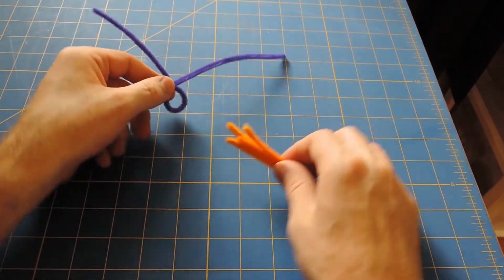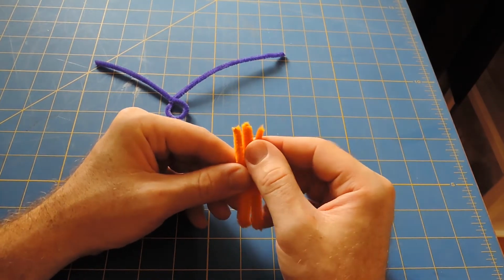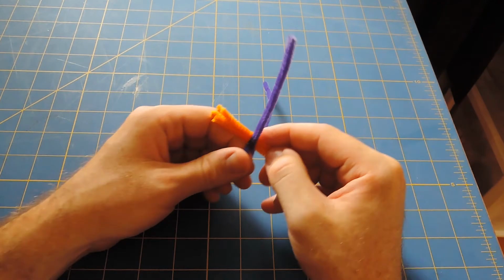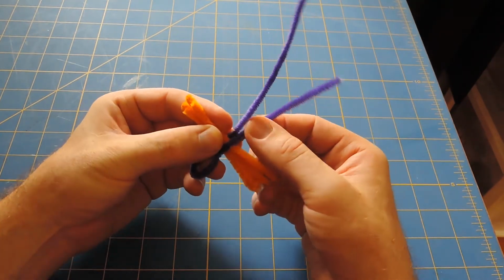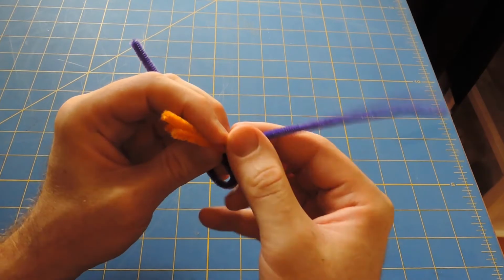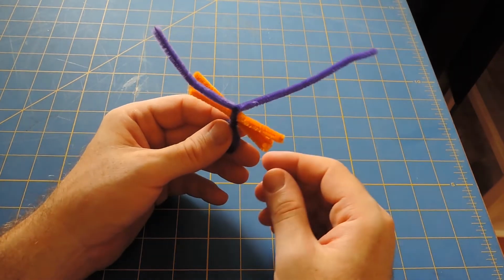Take your legs, your 4 equal legs, and place them above the twist you just made, and take the purple pipe cleaner and, pulling tight, make another twist